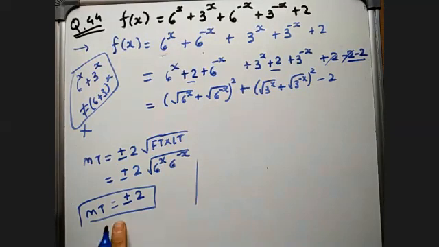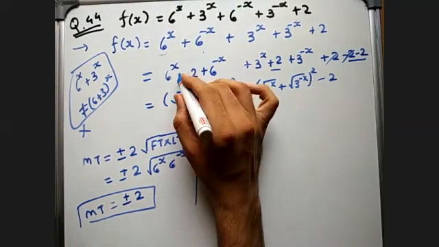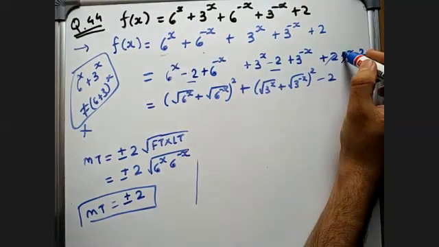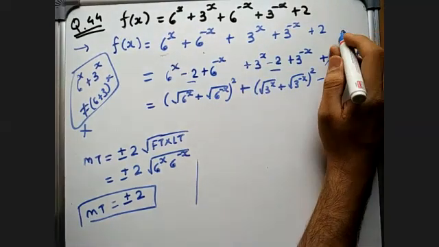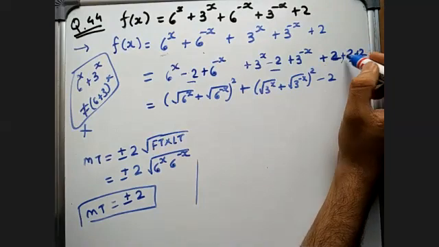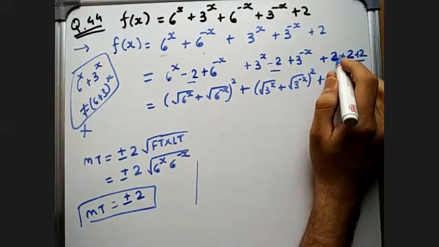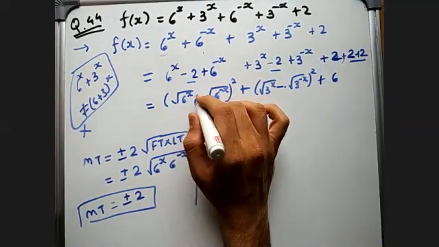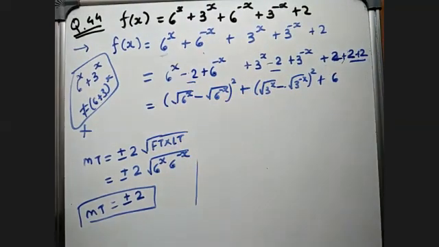From the middle term, we can put minus over here. And to balance this minus, I will put both plus 2 over here. And if I put both plus 2 over here instead of minus 2, it will become plus 6. This will become minus, and this will become minus. So this function's value will be greater than or equal to 6.